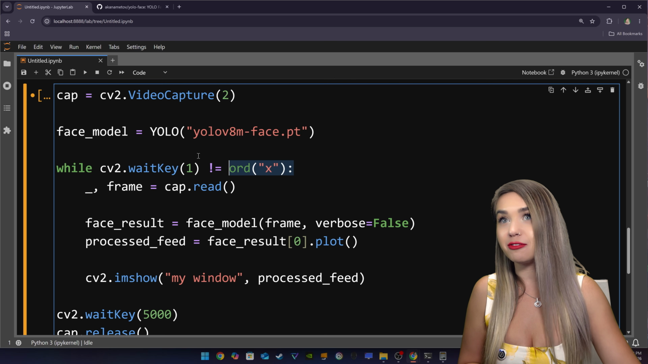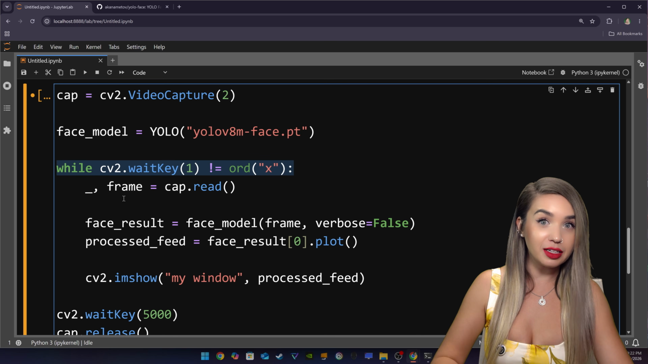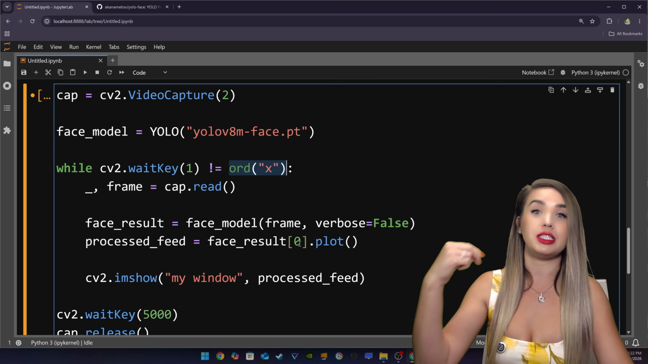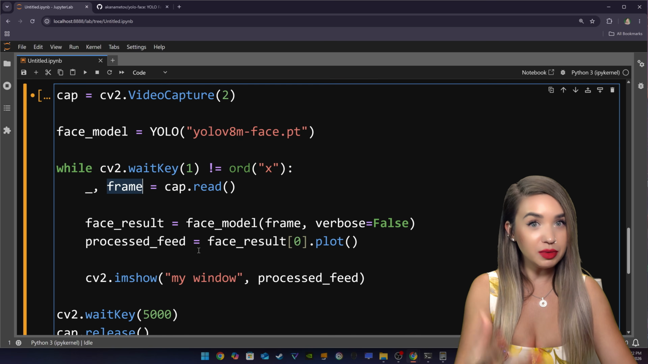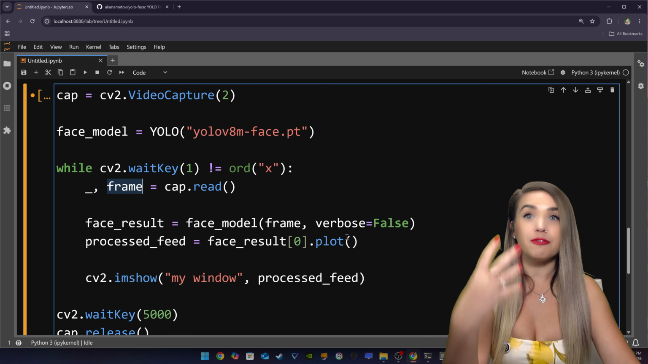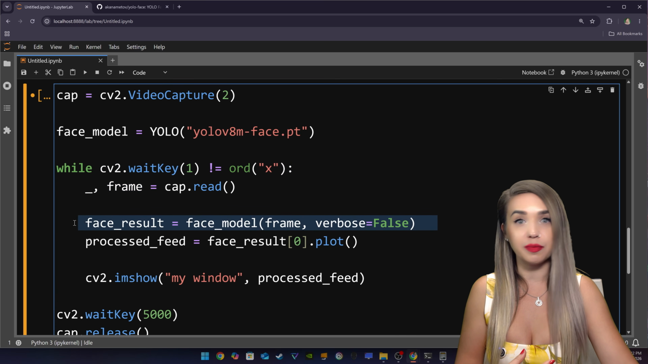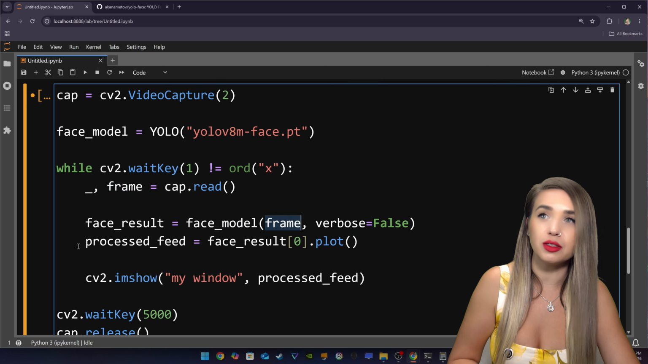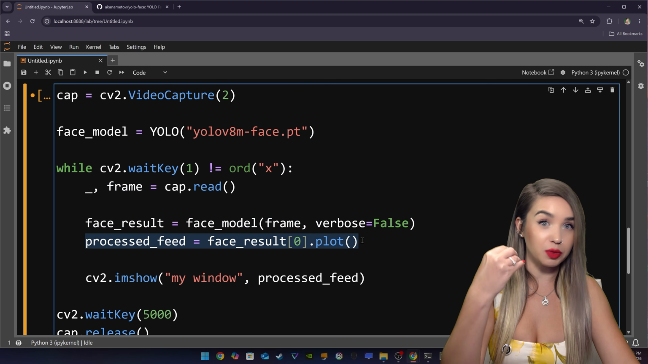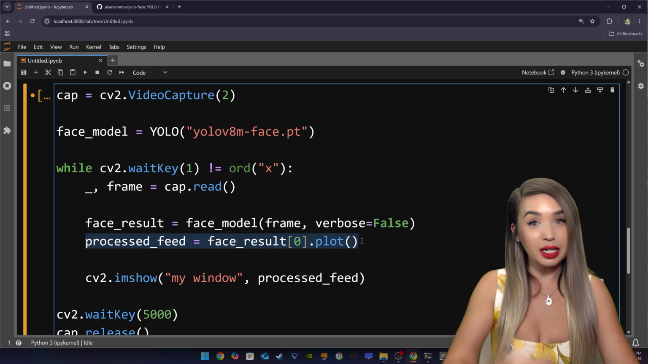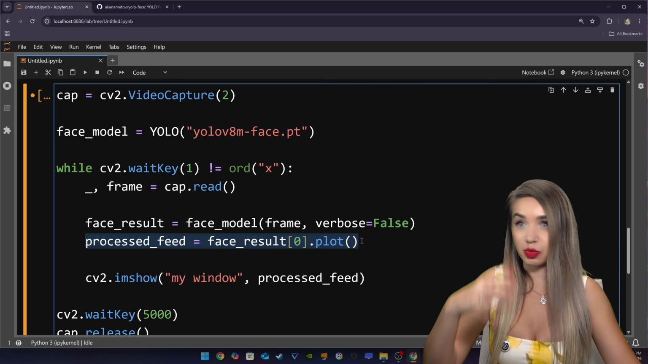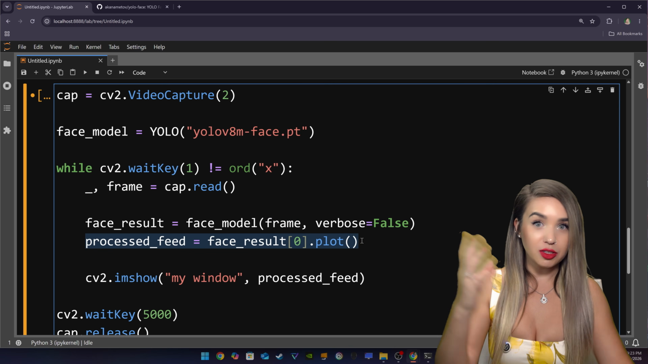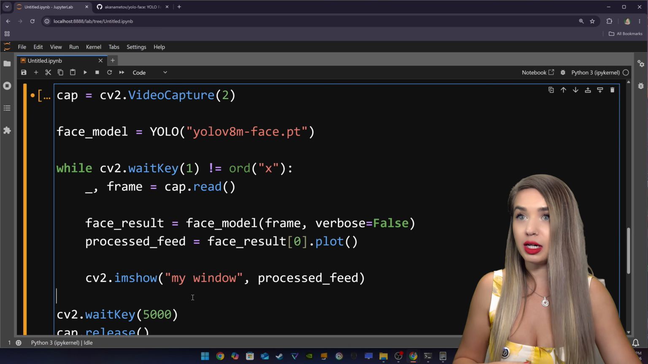Then we open a video stream that keeps playing until we press the X key on our keyboard. And then we take each frame from the video stream, and we then feed it into our face model. Okay, so we pull it from the video and we pass it through the model, getting processed feed in return. Okay, and then we display this processed feed with a blue box around a face. So if we give this code a quick run,